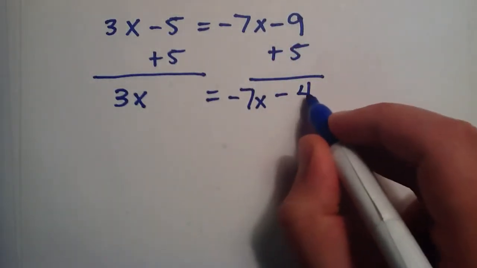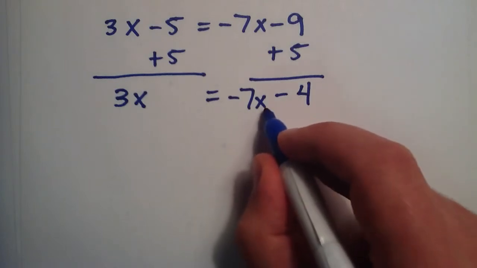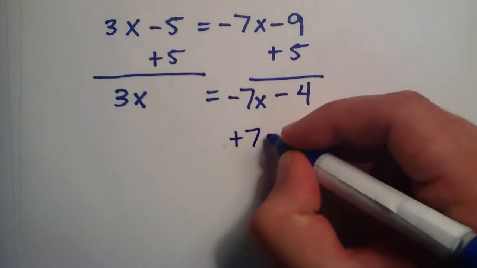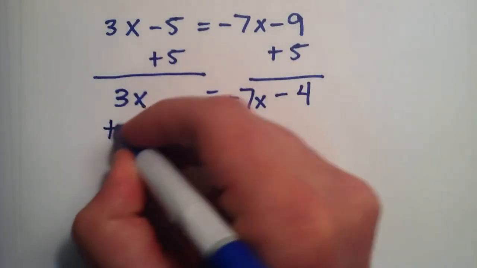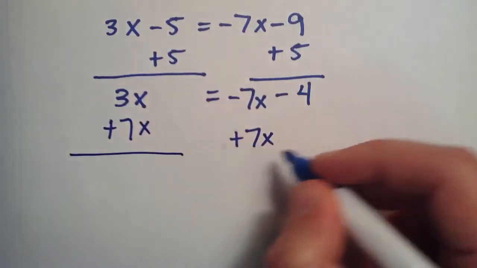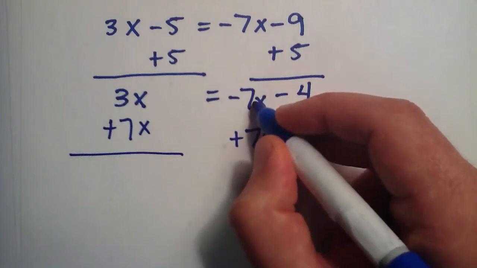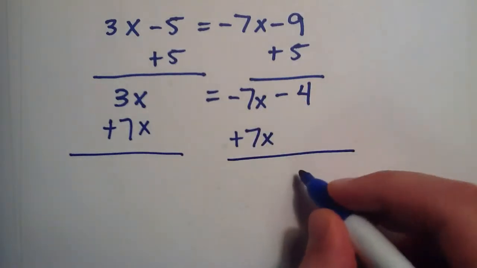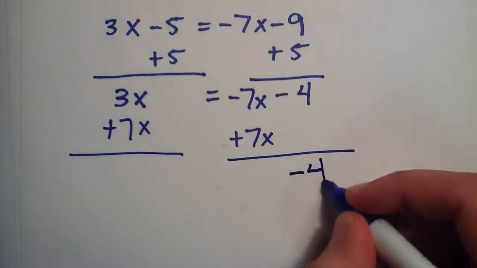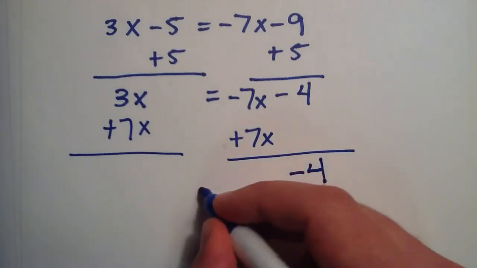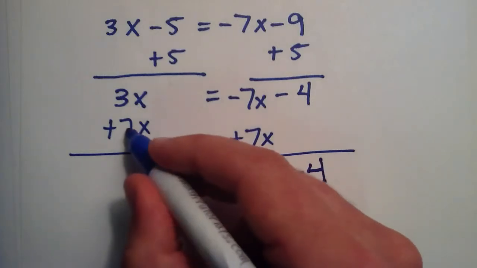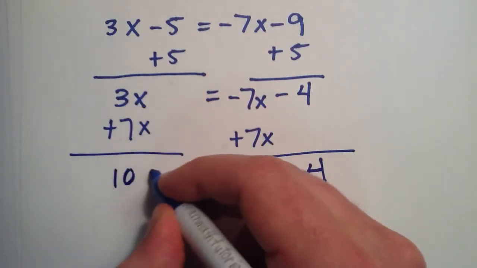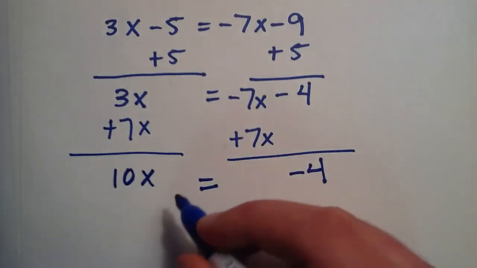So now we have a number on this side, but we still have a variable term. So we're going to move this to the other side by adding 7x to both sides. So a positive 7x and a negative 7x gives us 0x. And so we just write down the negative 4 since we didn't change the numbers. So negative 4 is equal to 7x plus 3x, so 7 plus 3 gives us 10x,